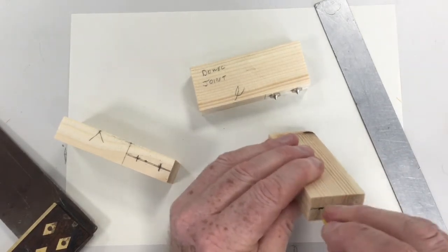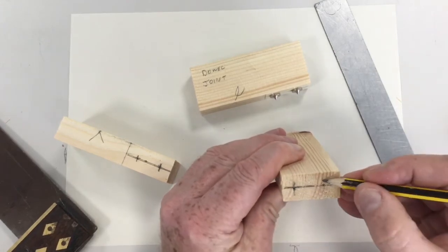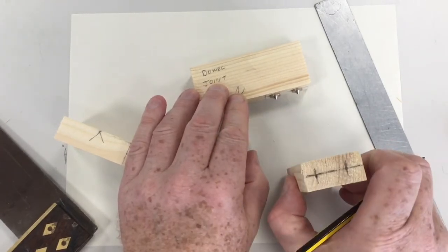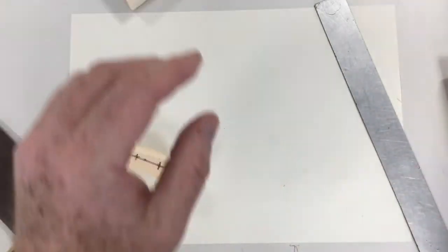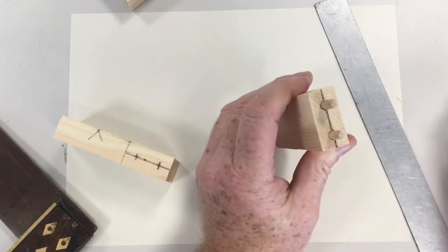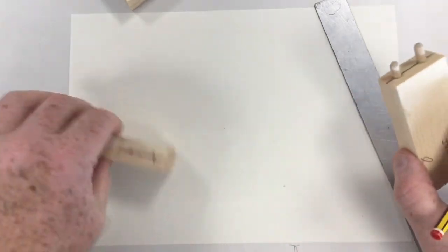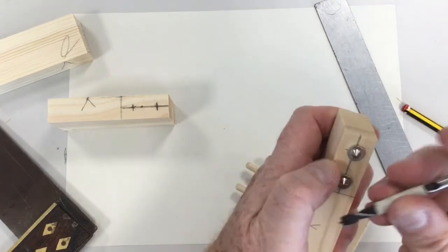There's one there, and there's the other one there. So that gives me my 2 points that line up exactly with the dowel pins. So you would take these dowel pins out, drill your holes, and then you would drill your 2 holes here, and that will allow you to get your 2 to line up. So if I take these pins back out,